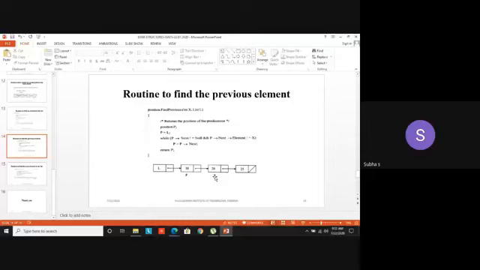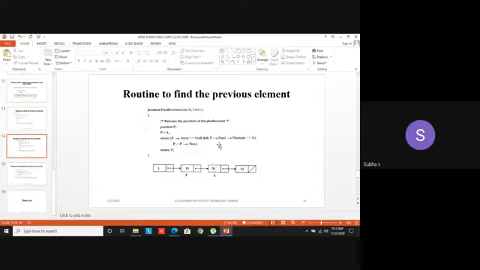For the element 20, I want to find the previous element. If both conditions are true only, it will go to the next element. If any condition is false, because of the logical AND operation, both conditions should be true. Then only the while loop statement will get executed. Otherwise, it will come outside that while loop. Here I didn't mention open close brackets. So obviously, if the condition is true, it will go to the next statement, else it will go to the second one, the return P statement.